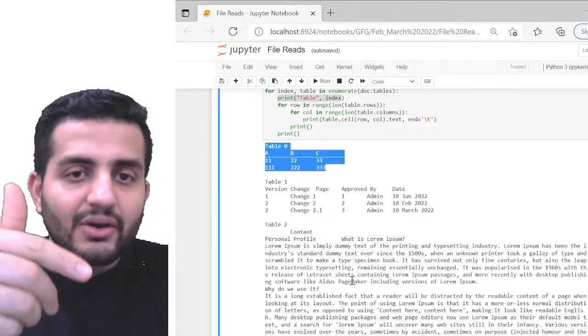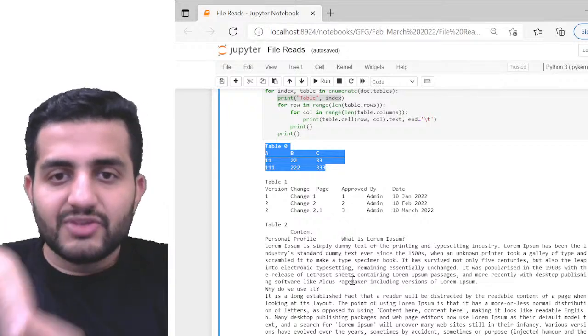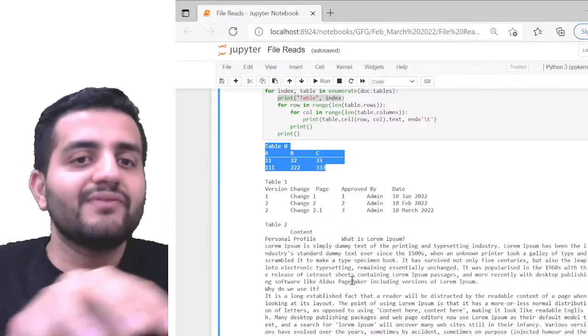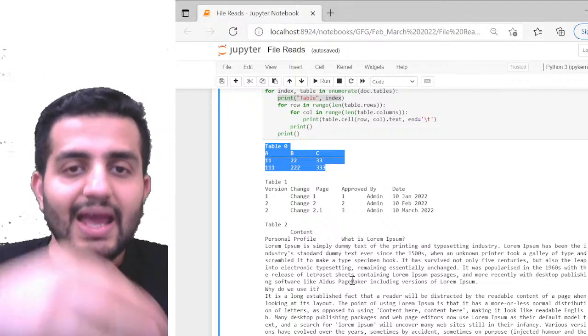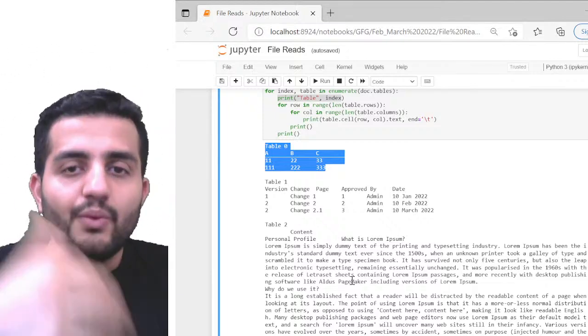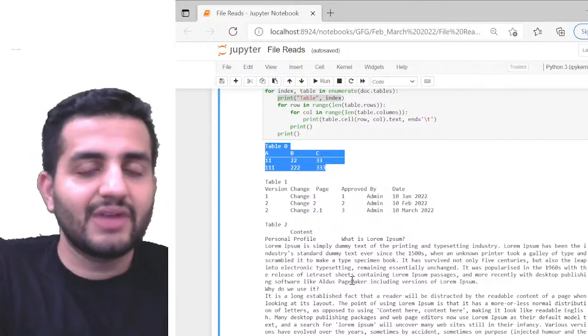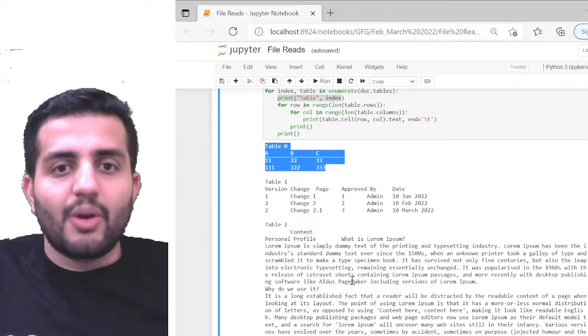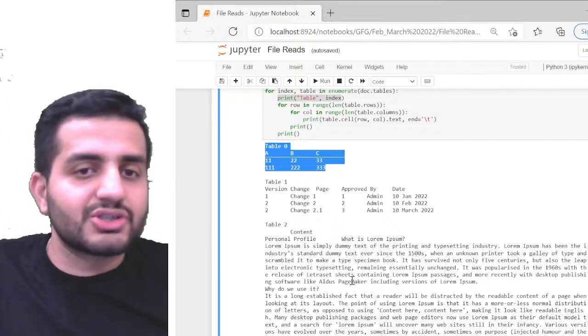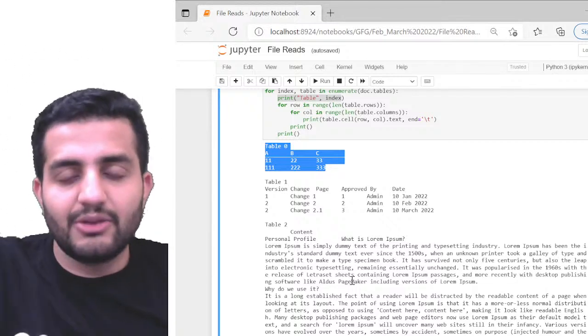So now what we'll try to do is take the same table and try to save this information in a list or a dictionary. And then we will look at how we can process this information. Once we have the data in a list or a dictionary, we can obviously do list comprehension on top of that, or dictionary methods, for manipulation purposes.